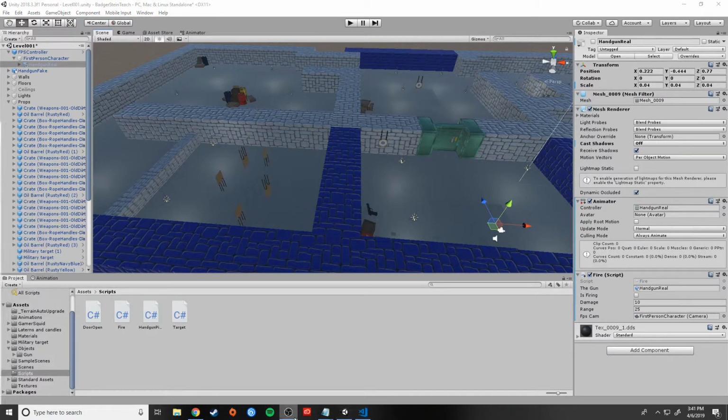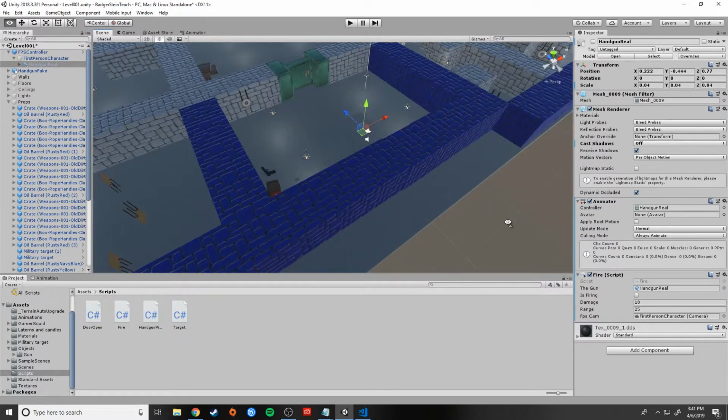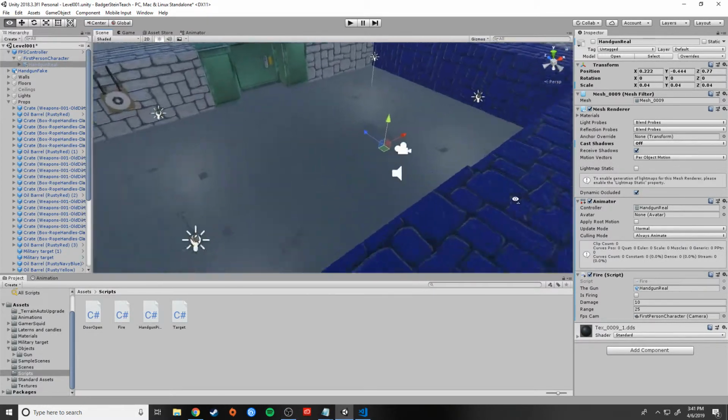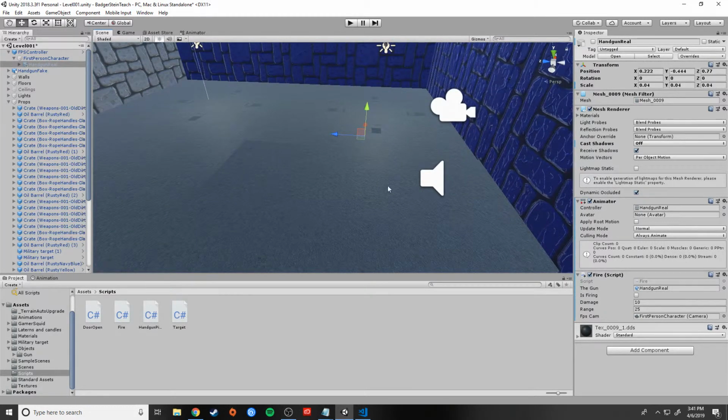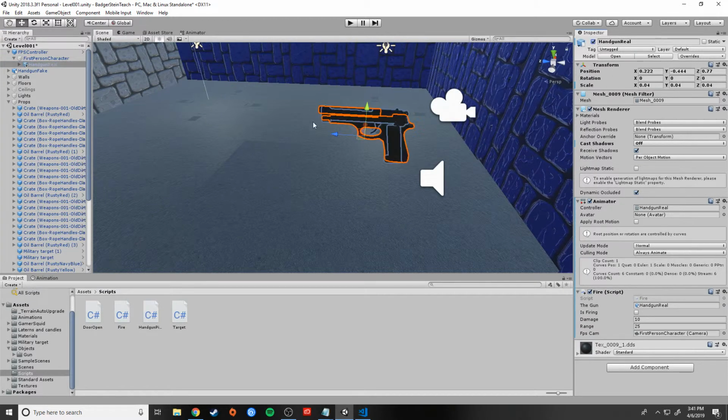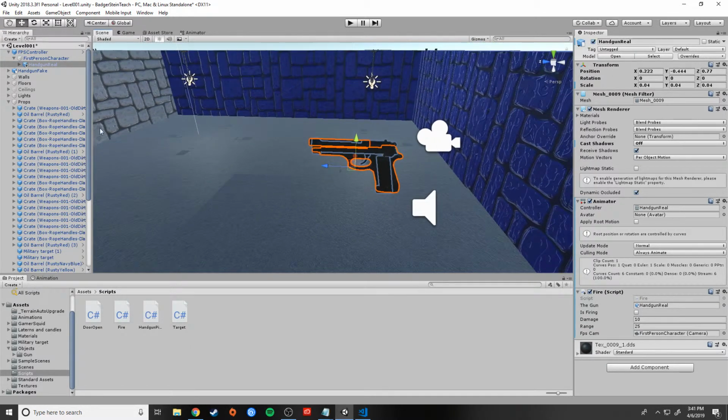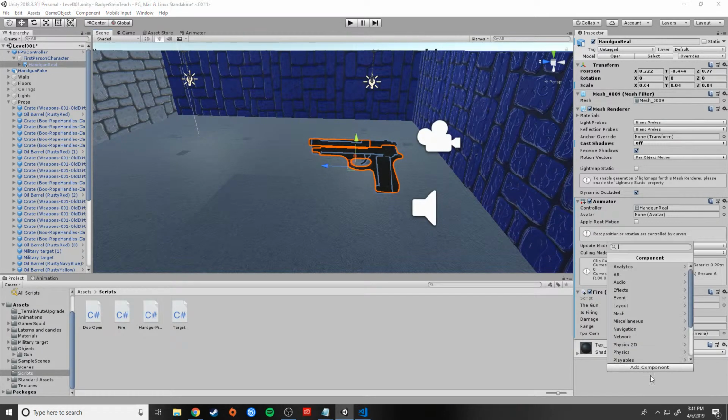So there are a couple things we can do. One of the main things is it doesn't feel like anything is happening when we shoot that gun, right? Because there's no sound effect, there's no muzzle flash, there's none of that. So let's create a cool muzzle flash real quick, or at least show you how to do it. So what we want to do here is we can add a new component,